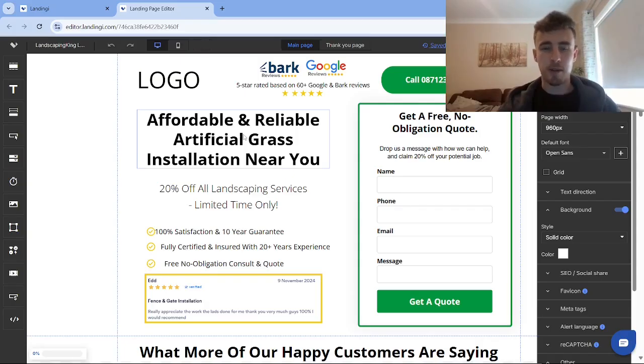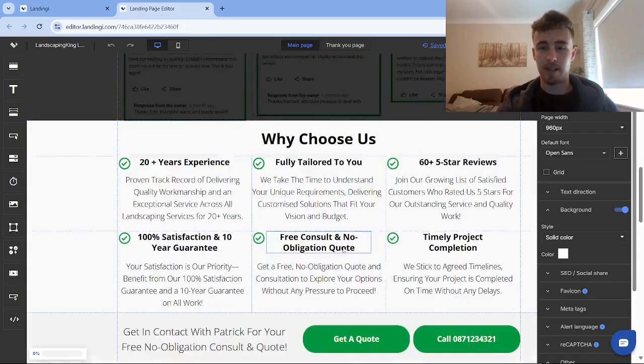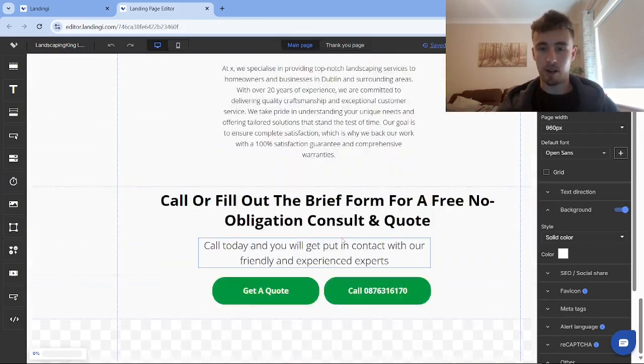Now, the first thing you want to make sure you have in place, if you don't already, is use a landing page instead of a website. And what I'd also recommend doing is having a separate landing page for every ad group. The reason being is that having a landing page will simply increase your conversion rate by so much more than using a regular website. Because as you can see here on this landing page, it's completely focused on the actions